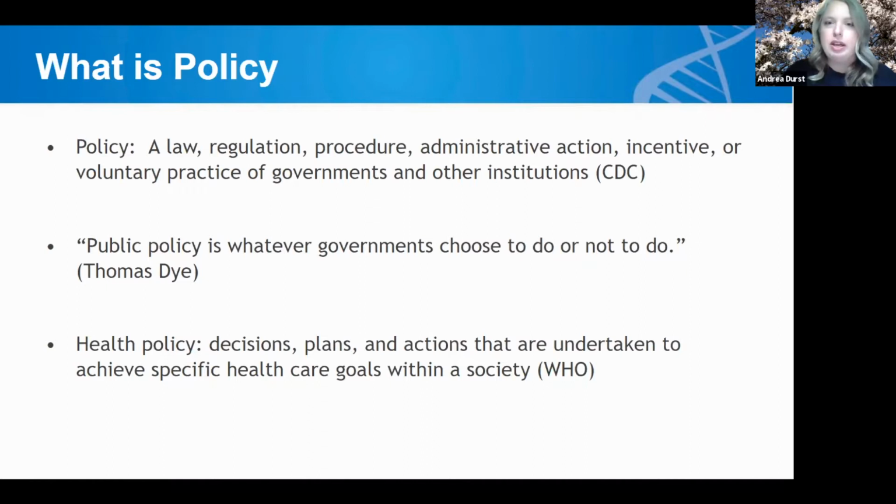So for example, we might not think about this, but transportation policies, such as the creation of bike lanes or sidewalks, can in turn increase physical activity in a community. Or if we think about even access to healthcare, right? For example, does local or state transportation provide access to hospital systems? Policies like that can really influence access. And so again, I like to think about policy as more of a broad category as opposed to just laws and statutes, or just policies that are specific to health.